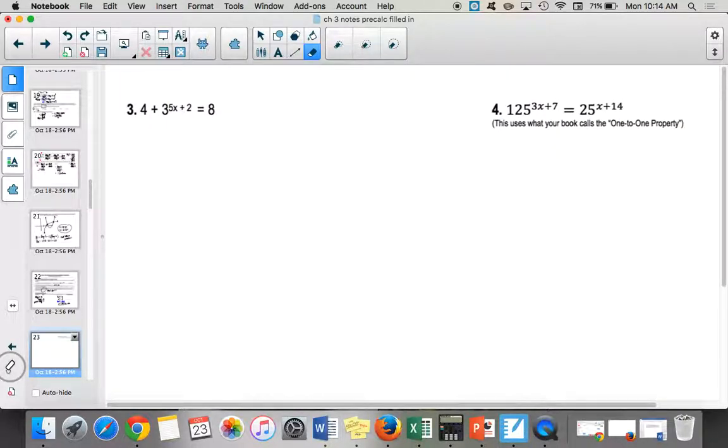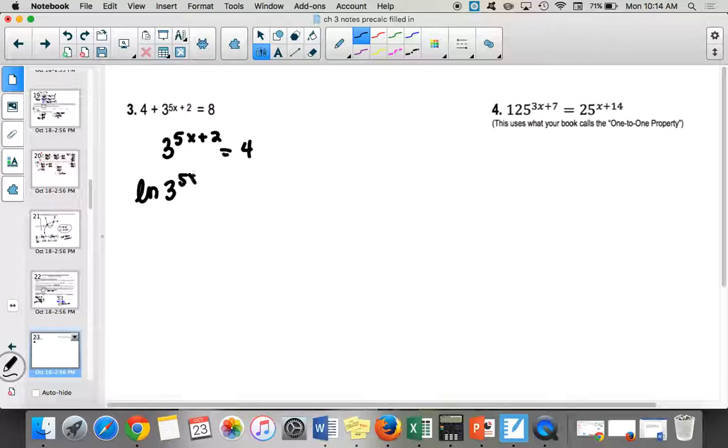All right, so let's try the next 2. Subtract the 4 over. You guys trying these along with me? So I have 3 to a power equals 4. I can then do whatever you want. So I think most of the time, once you get better at these logarithmic equations, people just start taking the natural log of both sides. Is that the method that you guys like? I think most of my students don't like to think about switching forms. They're scared they're going to make an error. So if you just want to do the natural log of both sides,